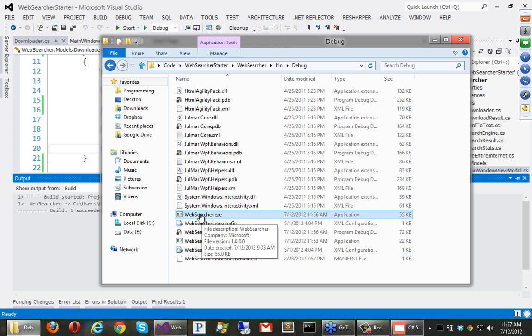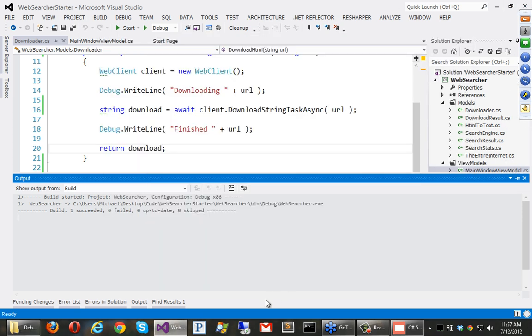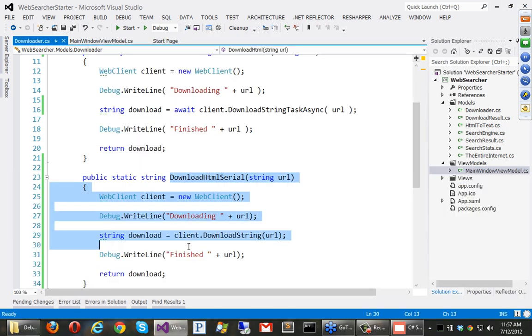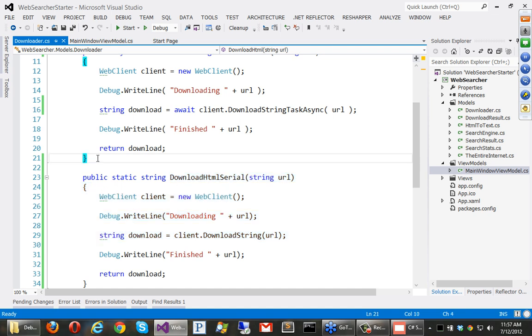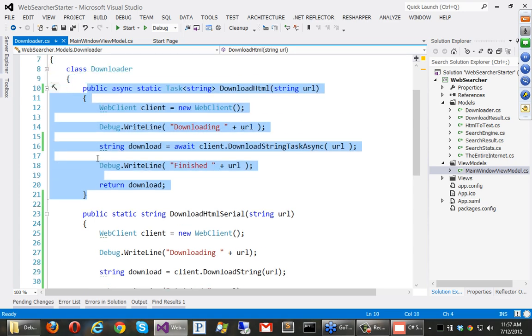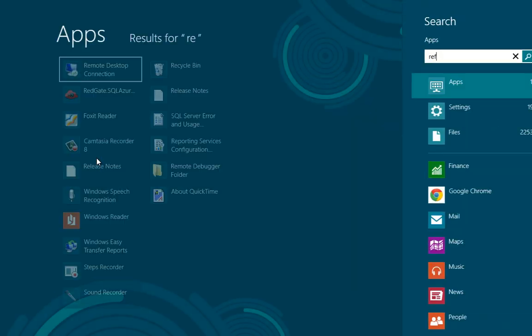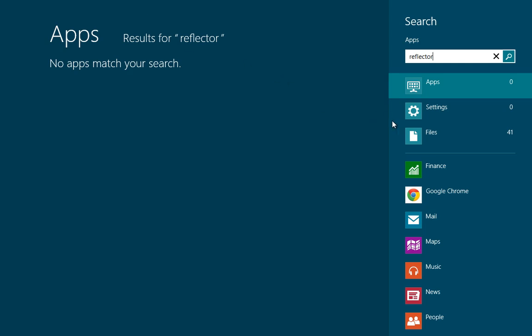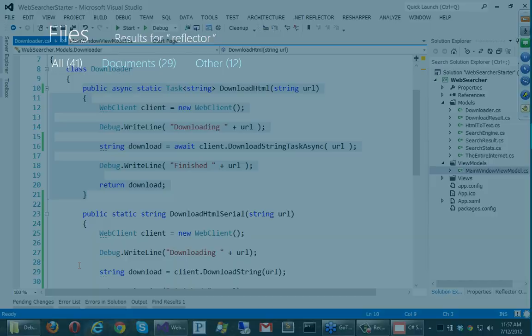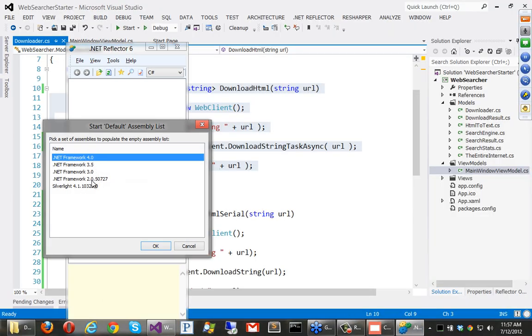Well, maybe I won't be able to show it to you, but I can still at least tell you what's in there. If you disassemble this version, this DownloadHTMLSerial, it would look very similar to what you would expect. But if you throw the async version into Reflector, which I do have two versions, let me see, maybe it's the second one down here. Nope, same problem.